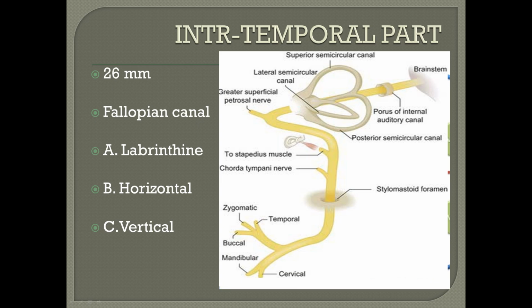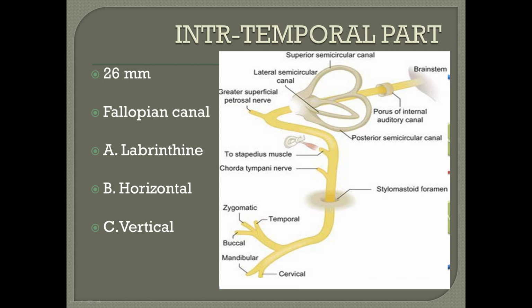The direction of this segment is anteriorly and medially, directed toward the middle cranial fossa. At the end of this labyrinthine segment, there is a bulge, which we call the first genu, and after that the facial nerve turns immediately backwards, making an angle of approximately 60 degrees. This first bend is the geniculate ganglion, and from here arises the secretomotor nerve, the greater superficial petrosal nerve, which goes to the pterygopalatine ganglion, and from there it innervates the lacrimal gland. So this labyrinthine part is the shortest, and its diameter is also much less compared to the other parts.